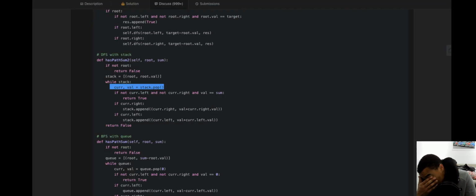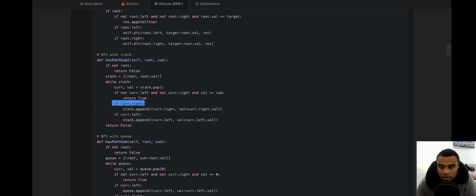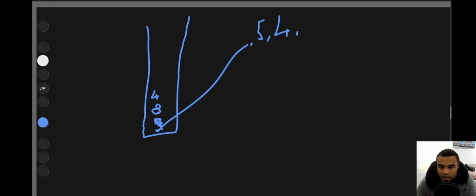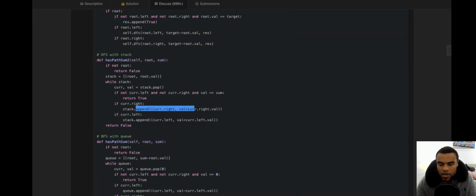However, remember the rights. If right is valid, we add right. If left is valid, we add left. So our stack currently is 8 and 4, right? We append right, we append left, while stack.